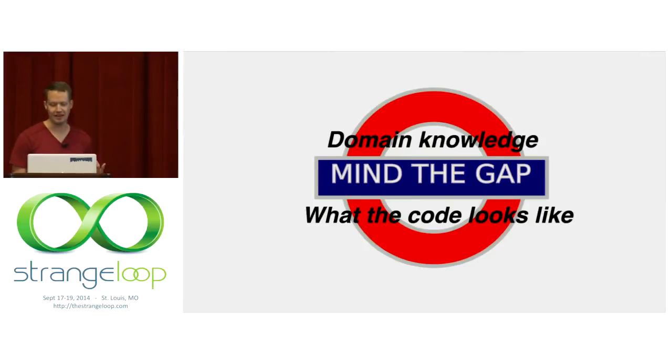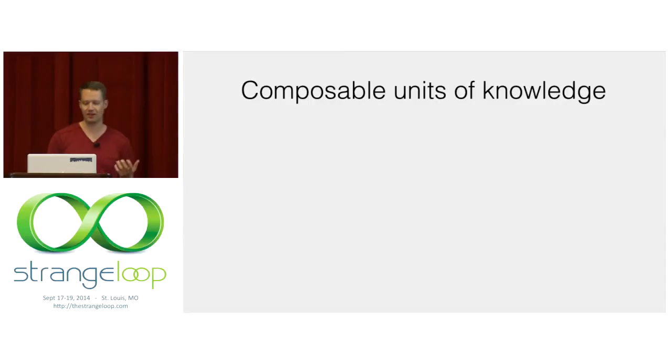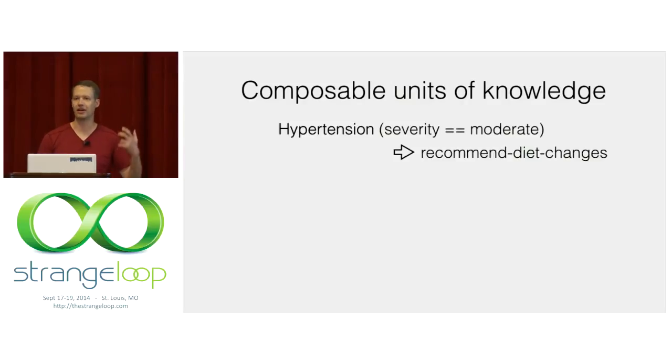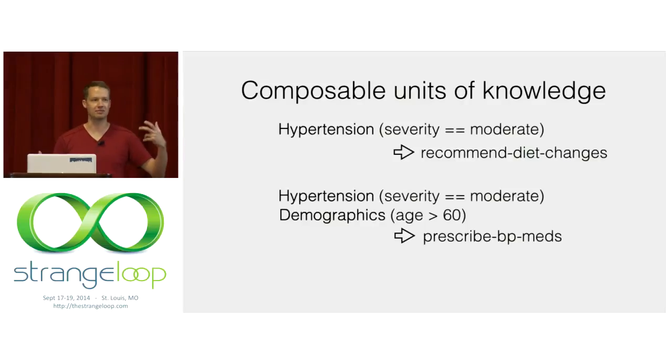And really, if experts in a domain think in these kinds of composable units of knowledge, if they think in terms of information that we can build on top of each other, can we model how experts think about problems in our systems itself, thereby making it a lot easier to manage what the system does and how domain experts think about it? And this started to take off. This was a big problem in the late 70s.